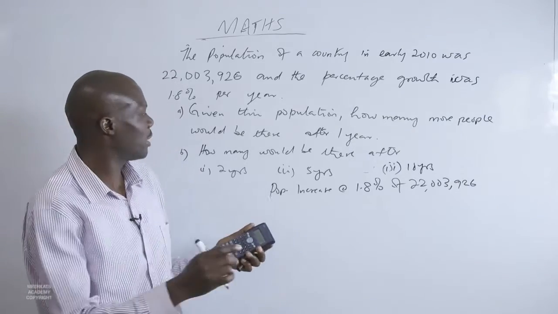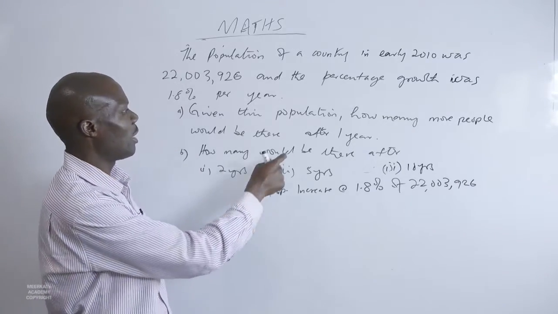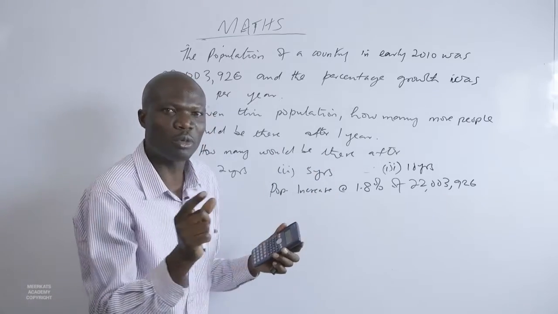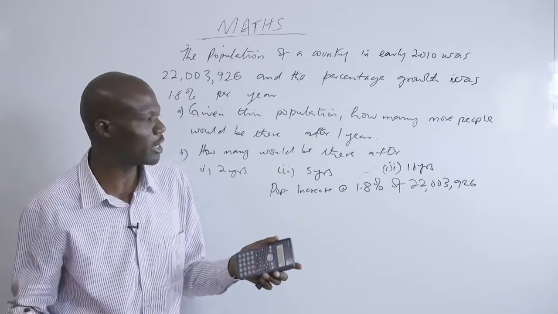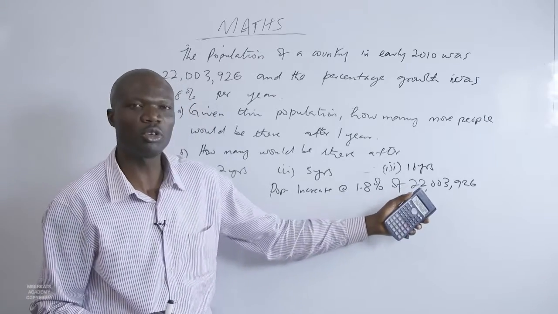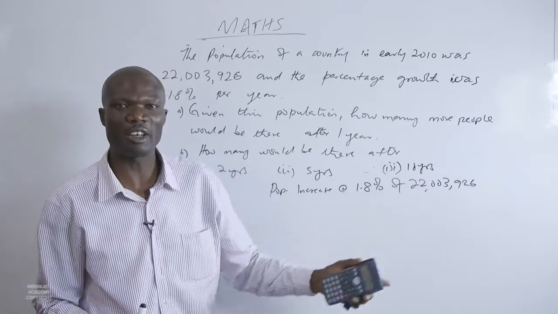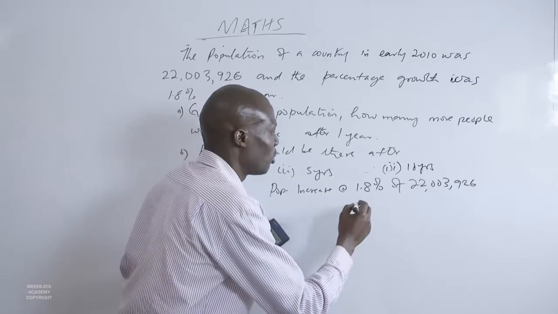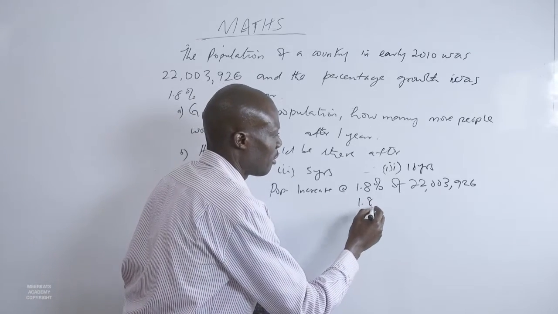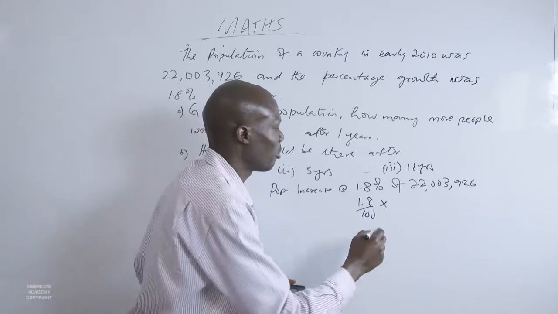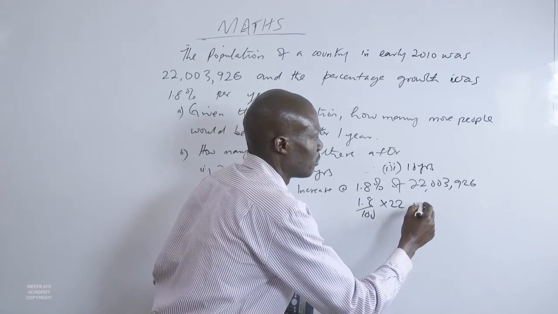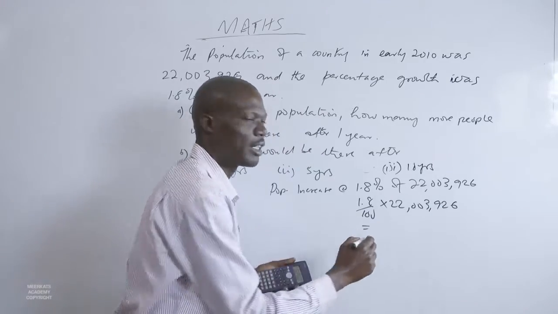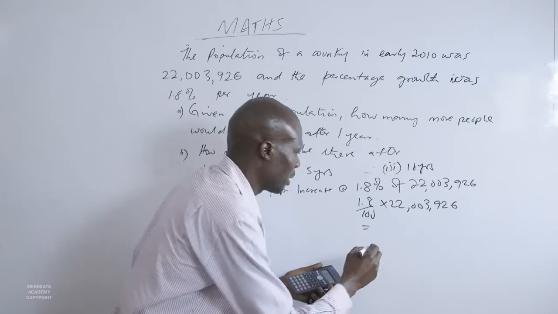To calculate the population at the end of 1 year, we are saying it increases by 1.8% of the population, and the population in 2010 was 22,003,926. So what is 1.8% of that? It will be 1.8 over 100 multiplied by the population. So when you do that, you'll find that the population increased by